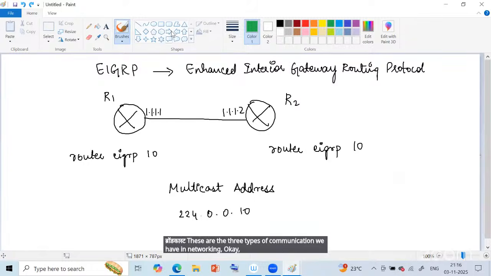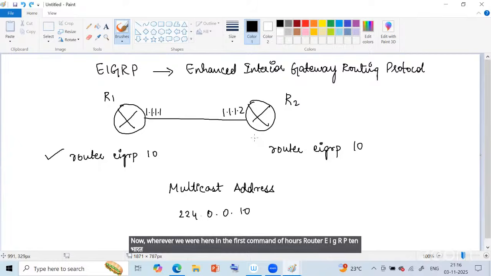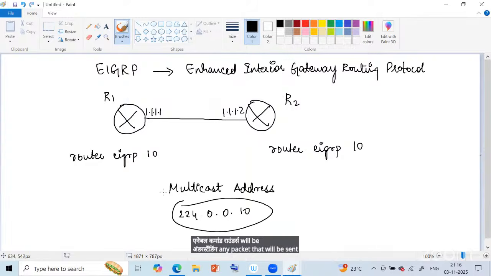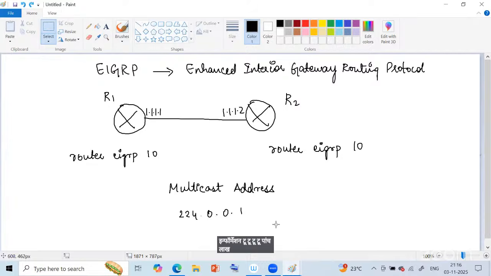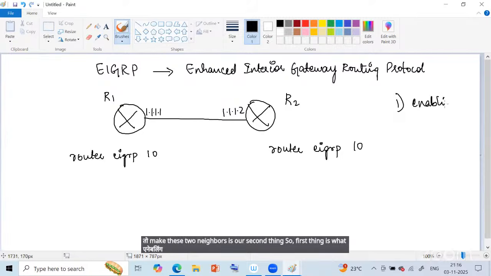Okay. Now, where were we? We were here in the first command of ours, router EIGRP 10. By enabling this command, these two routers will understand any packet that is sent to 224.0.0.10. Awesome. Now, after this, making these two routers neighbors is our second thing. So the first thing is enabling EIGRP. The second thing is to establish